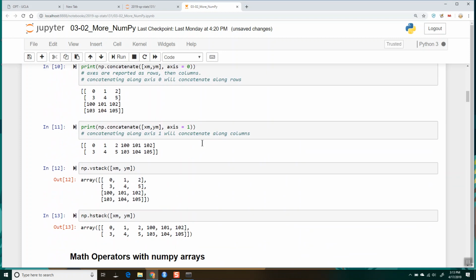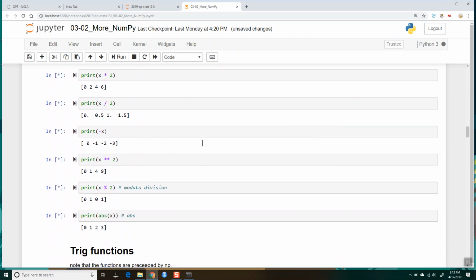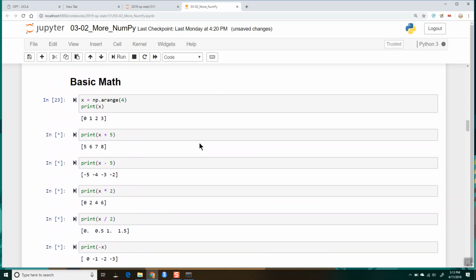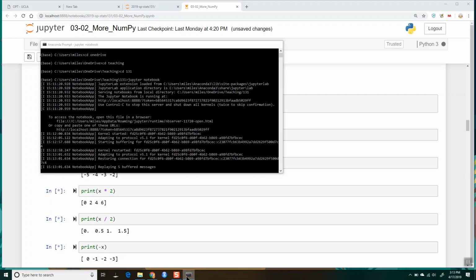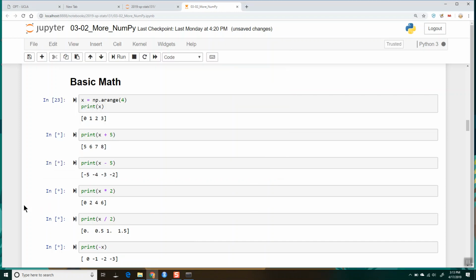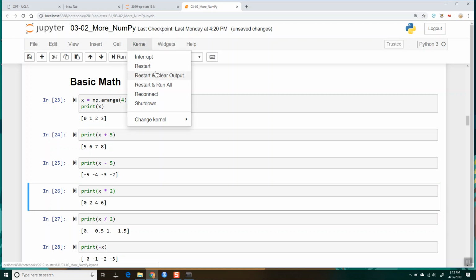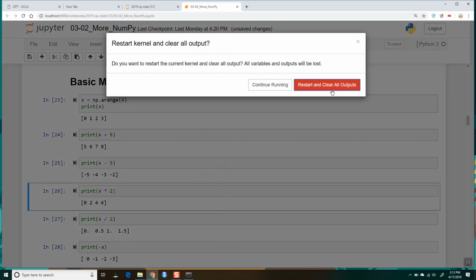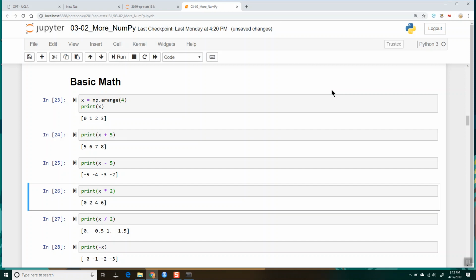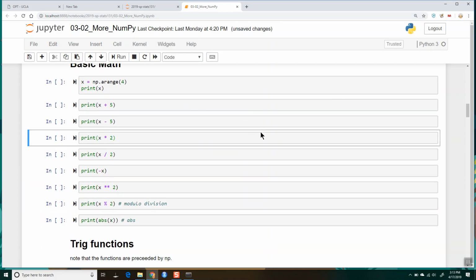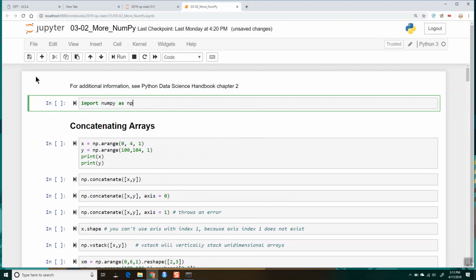Looks like, okay, we're running. Seems like my computer's struggling a little bit. Okay, I'm going to have to figure out what's going on here. But I'm going to go ahead and just do a restart and clear. But you'll do a restart and run all, and then at the end,